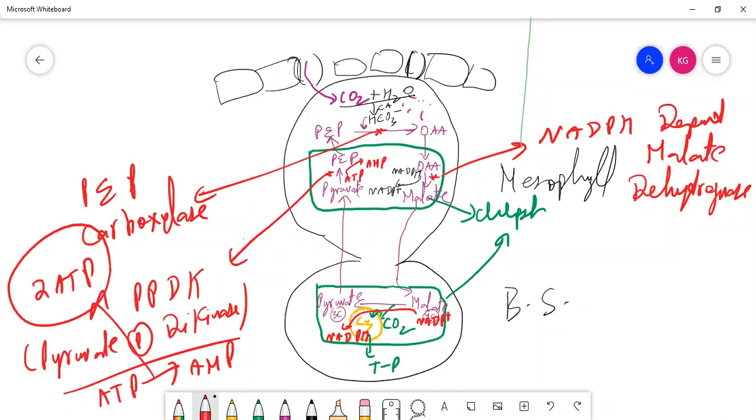बात समझ में आ गई? ठीक है. अब देखो, ये जो C3 साइकिल है, C3 साइकिल कहां पे हो रही है? बंडल शीथ सेल में हो रही है, क्लोरोप्लास्ट में हो रही है. ठीक है. अब देखो, आप एक चीज देखो,